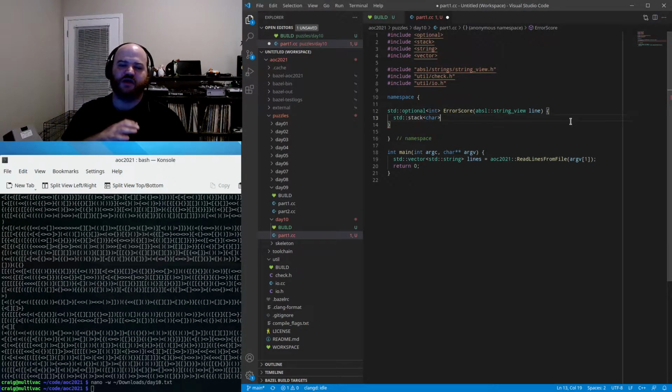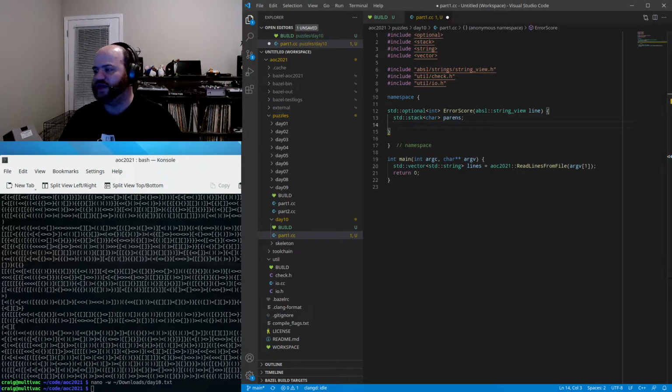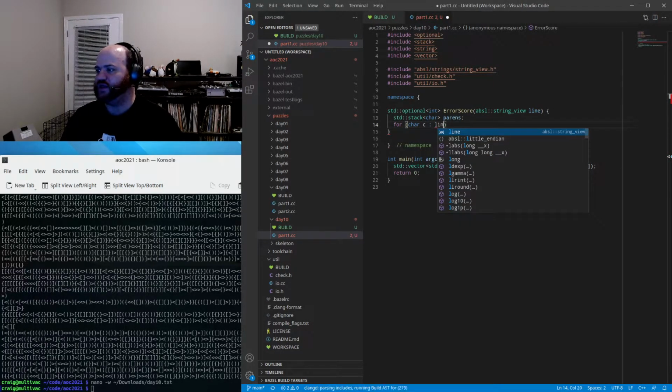And then as we see closing characters, we will check to make sure that they match the top of the stack and pop it. So we'll call that parens, for all the different kinds of parentheses. And we'll say for char c in line